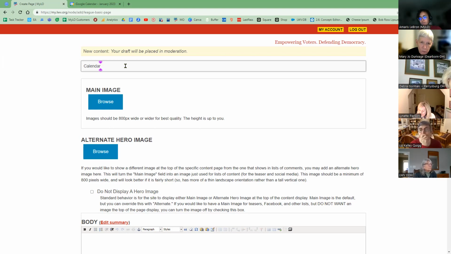it's important to know that if you do save and publish this, you'll no longer be able to reach your original MyLO calendar, because this is the exact same title as your original MyLO calendar. And so it essentially takes over the URL so that you're only able to see this new calendar and not able to reach the other. It's not irreversible. We can help you get it back, but it does require you to name this page something else. It could be Google Calendar, monthly calendar,